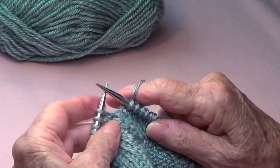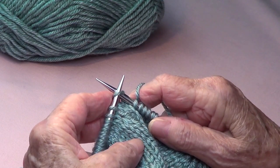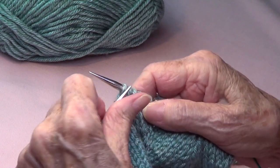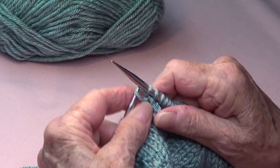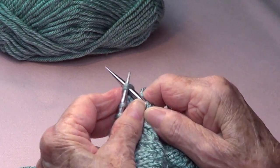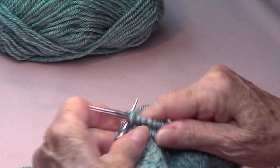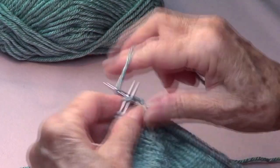Let's do that again. We are going to slide that one knitwise, knit the next. The one that you slid goes over the last one. Knit these 2 stitches together. Knit 4. 1, 2, 3,